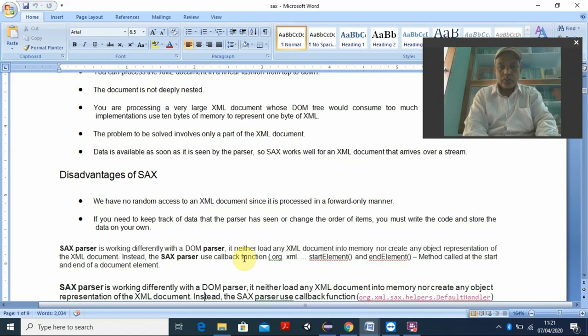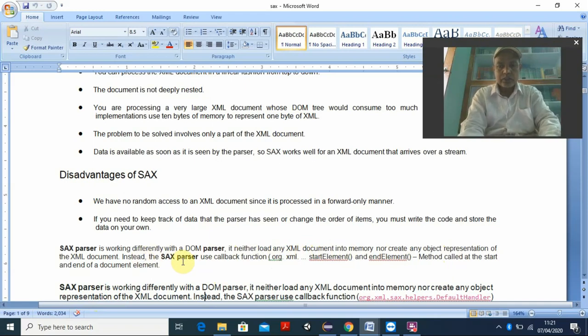Then we can conclude like this: the SAX parser works differently from a DOM parser, and it neither loads the entire XML document into memory, nor creates any object representation of the XML document. Instead, the SAX parser calls back a function.